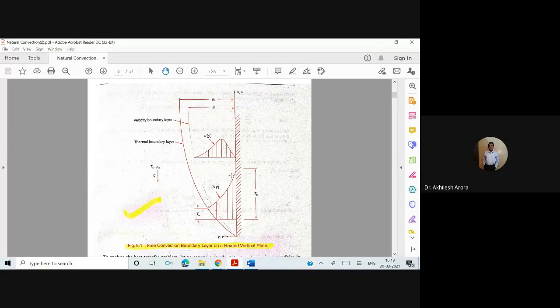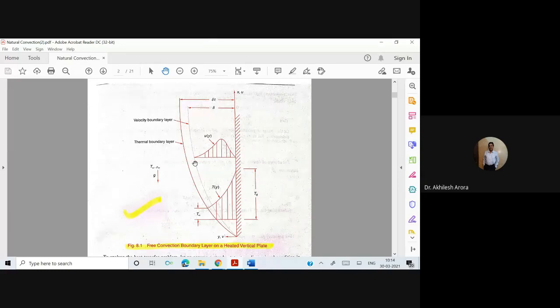And if you see, this will keep on reducing because of the transfer of the energy to the other layers of the fluid which are flowing parallel to the vertical flat plate. So that is how the temperature profile looks like in the boundary layer, and this value is T infinity. This is smaller. We are considering that Ts is greater than T infinity. So this line here shows the temperature profile.